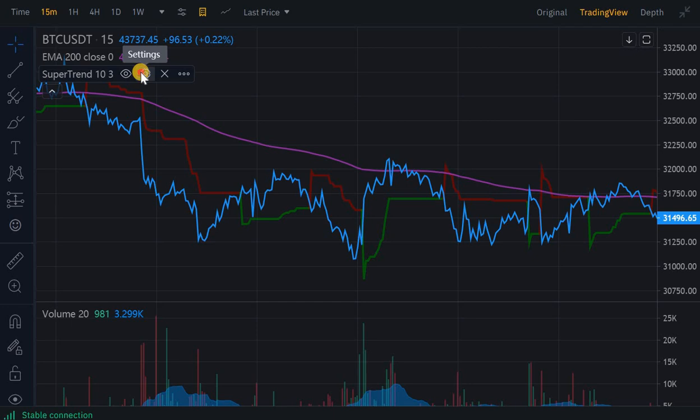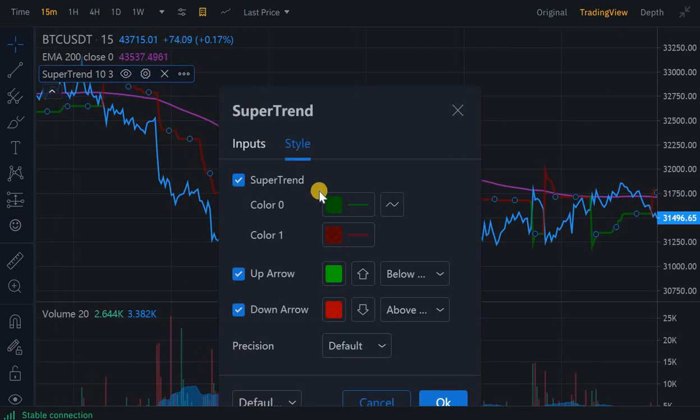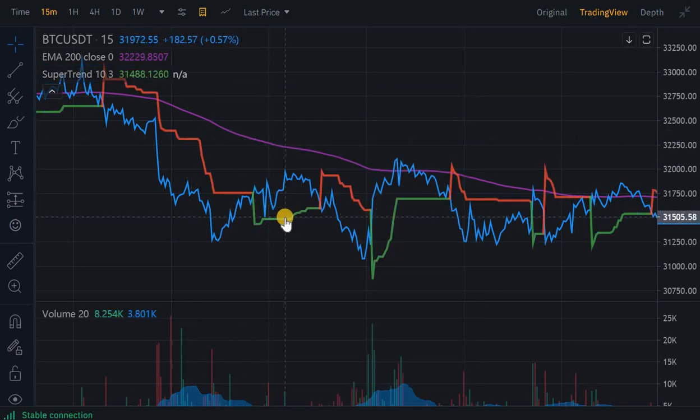Go over to the settings right here, and I would edit the style of the super trend indicator. This red and green line, as you can see in the price chart, represents the super trend indicator. Basically, how I use this indicator is that it is going to guide me to my entry and my exit. That means when I want to enter a position, I am going to enter it based on the signal of